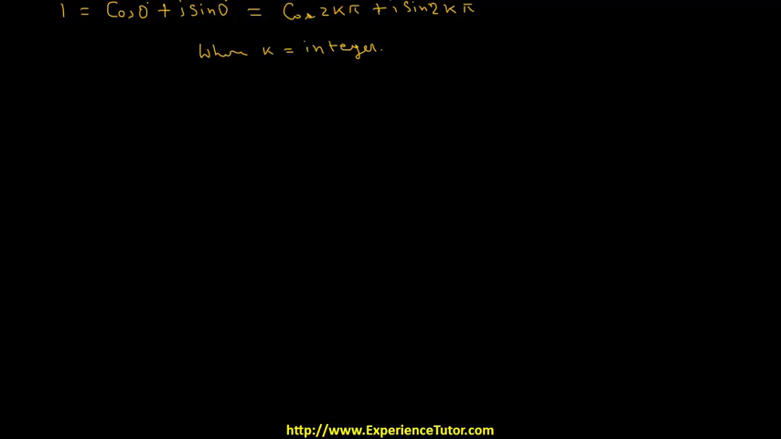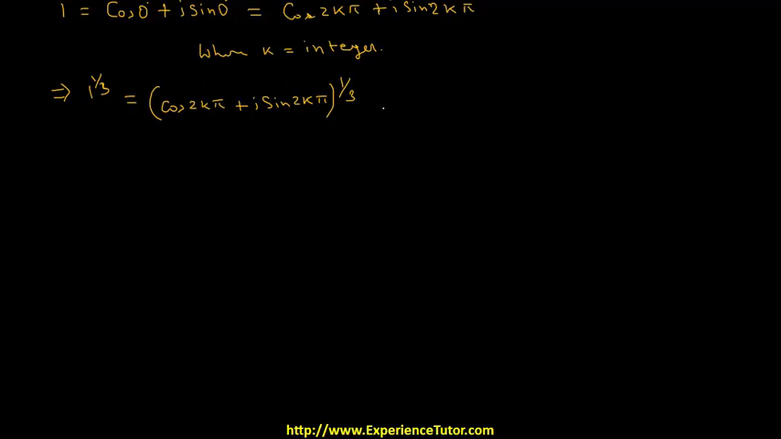Now if we put cube root on both the sides, then we'll get 1 to the power 1 by 3, which is (cos 2k pi plus i sin 2k pi) to the power 1 by 3